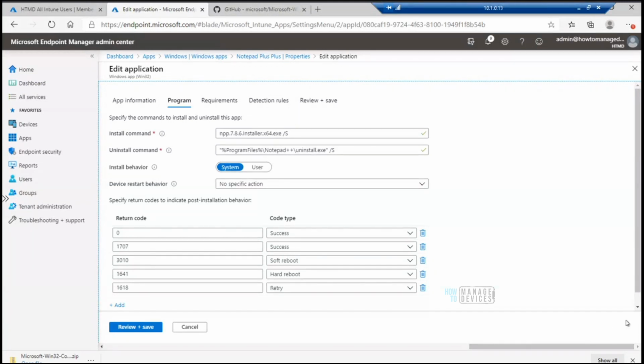We don't need to worry about that at all. The agent will be automatically installed. We don't need to configure anything. There is no configuration from the Intune console or Intune portal.